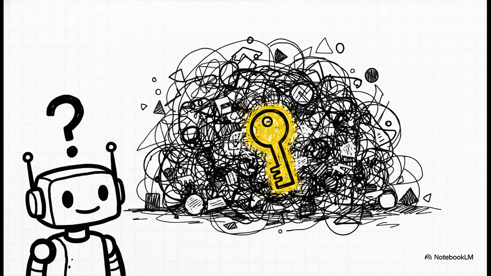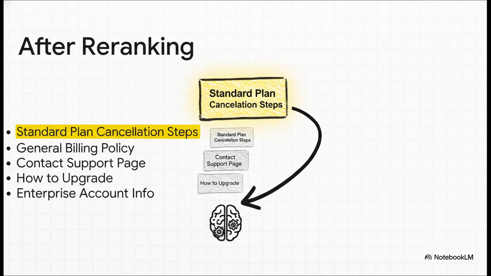And this is the next major hurdle. The most crucial clue is literally hidden in plain sight. But the AI needs a way to recognize that clue and bring it right to the front. So close, yet so far. This is where the magic of re-ranking comes in. A second, even more powerful AI, it's called a cross-encoder, comes in to inspect just the top results.